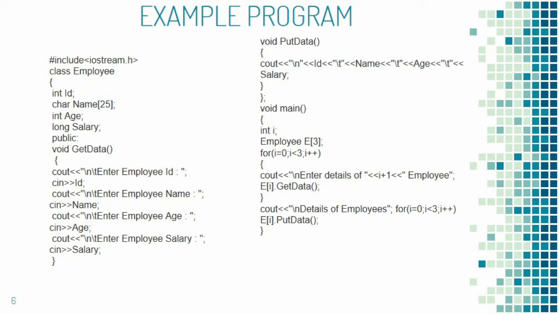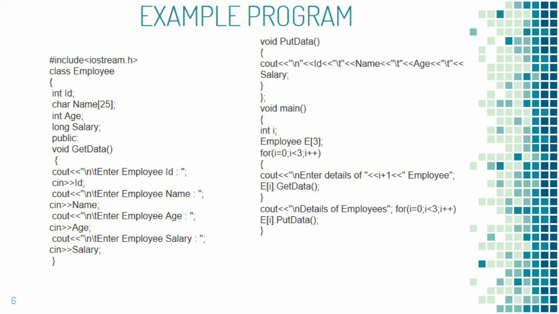In the for loop, the i value increments by 1. It checks the condition, 1 less than 3. The condition is true. Again it enters into the for loop. The output statement will be displayed, and again, the second time, the get data function is called. The compiler goes to the get data member function. Once again the statements that are included inside the get data function will be executed, and again it returns to the for loop. Again the i gets incremented to 2.